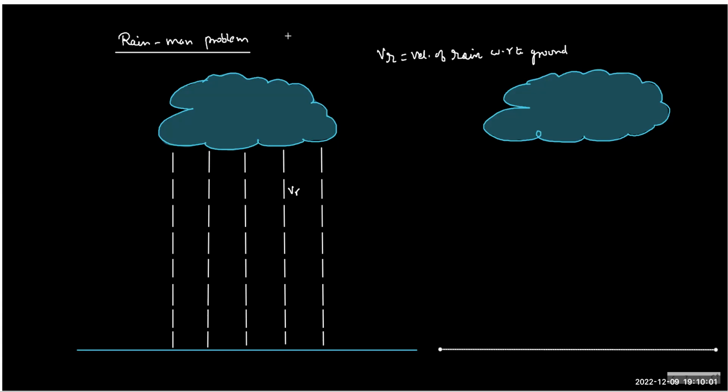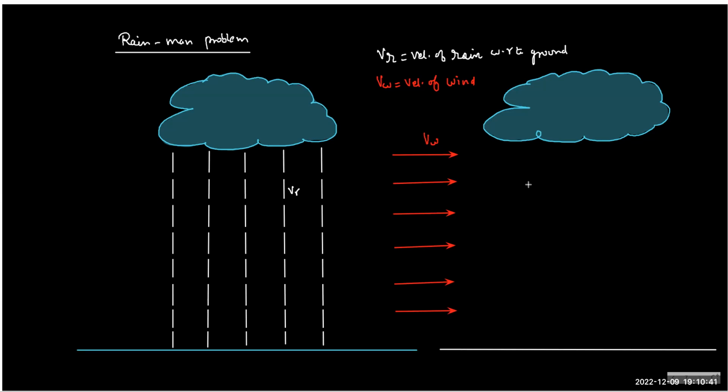So now what we do is we have a very fixed direction of wind flow. So as I said, nothing will be random here. So let's call this the velocity of wind. And the moment you bring the wind into the picture, the rain, the same rain, will fall on the ground, but